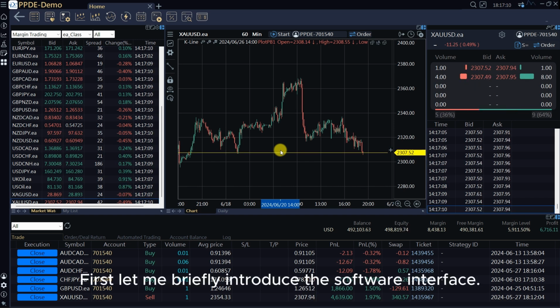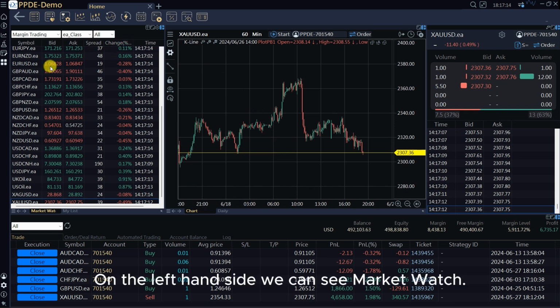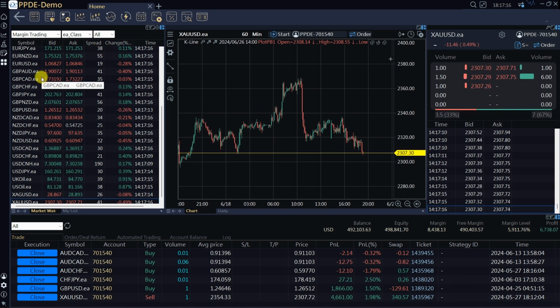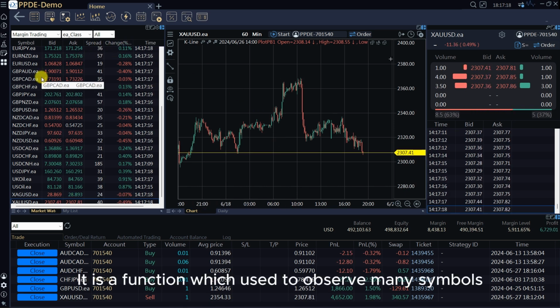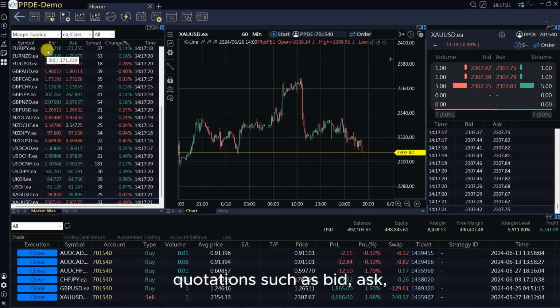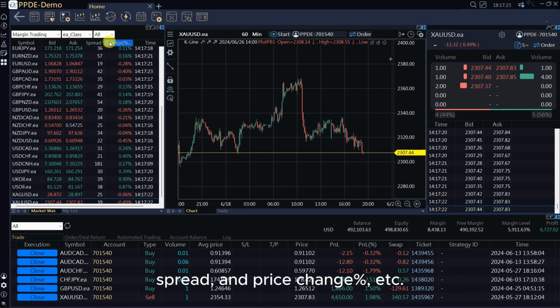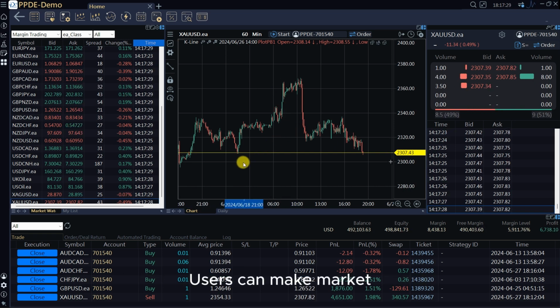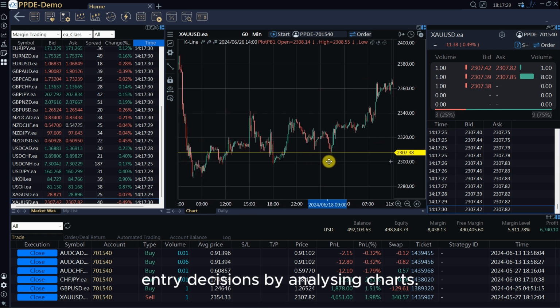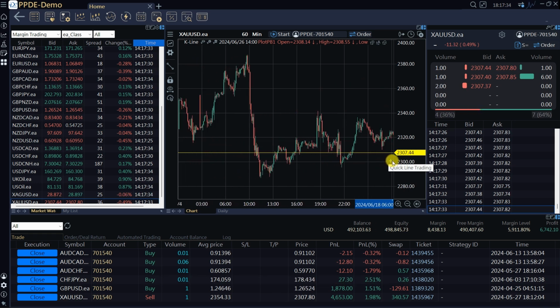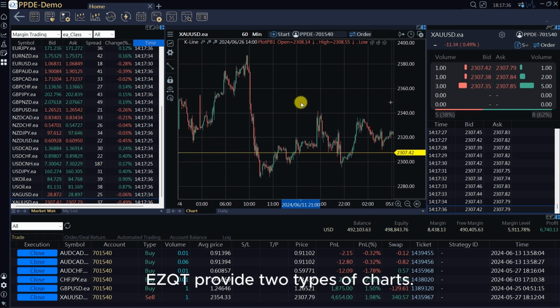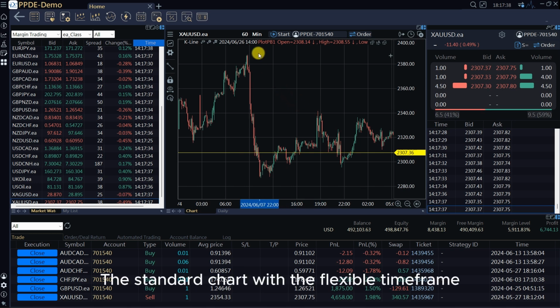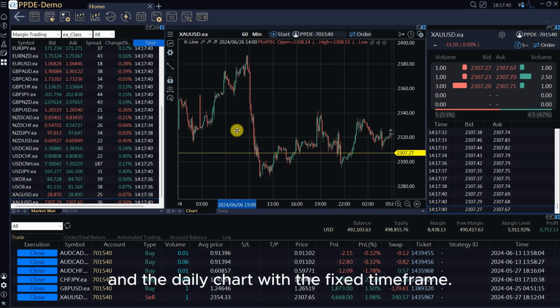First, let me briefly introduce the software interface. On the left-hand side, we can see Market Watch. It is a function which is used to observe many symbols' quotations such as bid, ask, spread and price change percentage, etc. In the middle, we can see the main chart. Users can make market entry decisions by analyzing charts. EzQT provides two types of charts: the standard chart with the flexible time frame and the daily chart with the